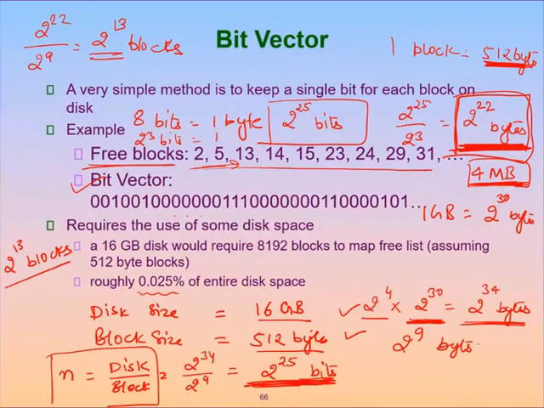Now, is it clear? Yes, ma'am, that calculation is clear, but I want to know: if a block is completely empty, then we can say its bit is one. But if a block is partially filled, that means it is occupied. So there is no partial state in this. Either there is no information, or even if a single line is written, we say the block is occupied. Okay, ma'am.